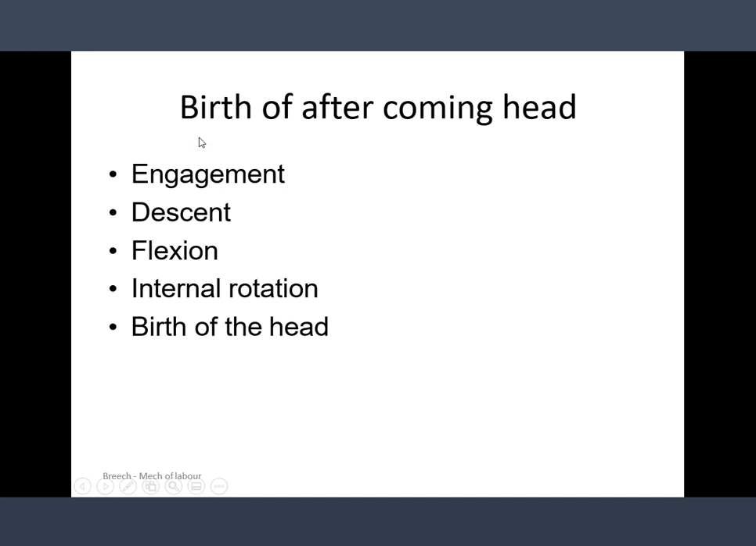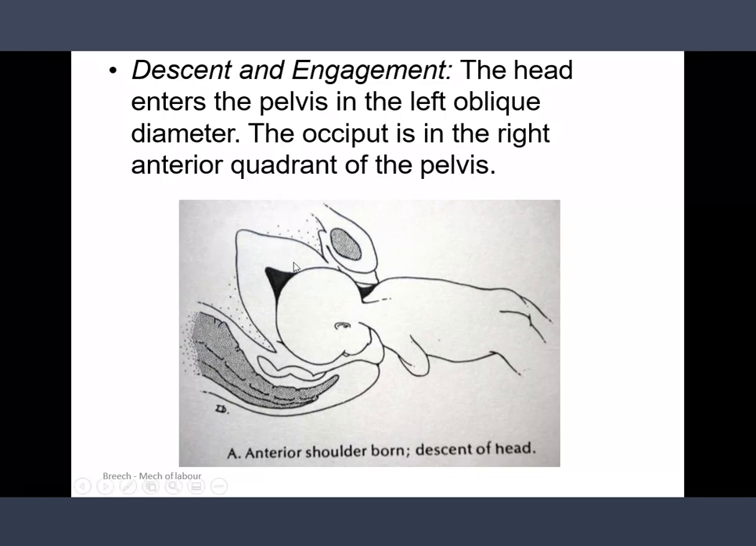Next is the delivery of the after-coming head. These are the events which take place during its delivery. Remember, this is known as the after-coming head. The breech is delivered, the trunk is delivered, the shoulders are delivered, and only the head remains inside the pelvis. The events are: first engagement, second descent, third flexion, fourth internal rotation, fifth delivery of the head. So here the engaging diameter is